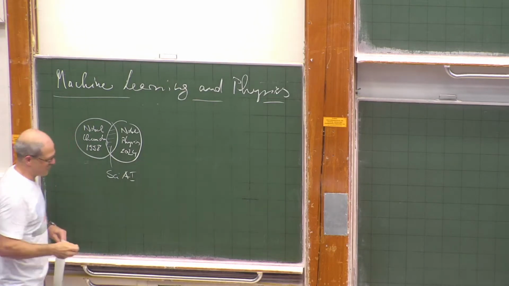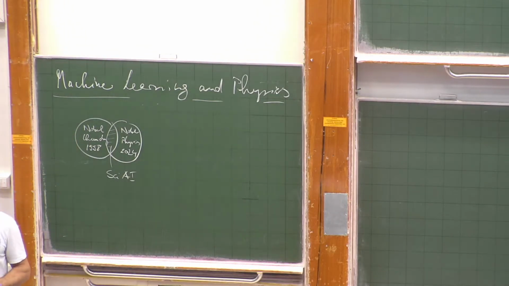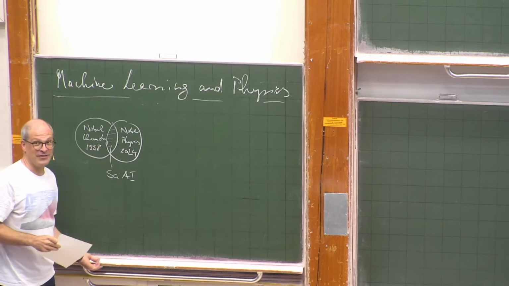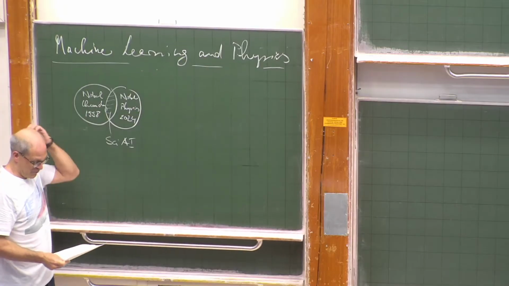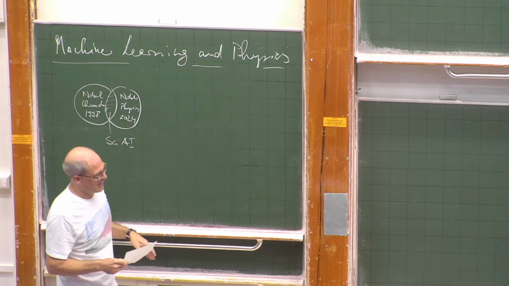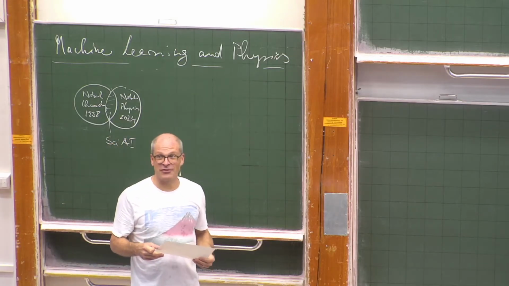We call ourselves Scientific AI, and we use machine learning to solve problems from natural sciences, in particular from this density functional theory, which is a part of quantum chemistry. And towards the end of the semester, I'll tell you a bit more about